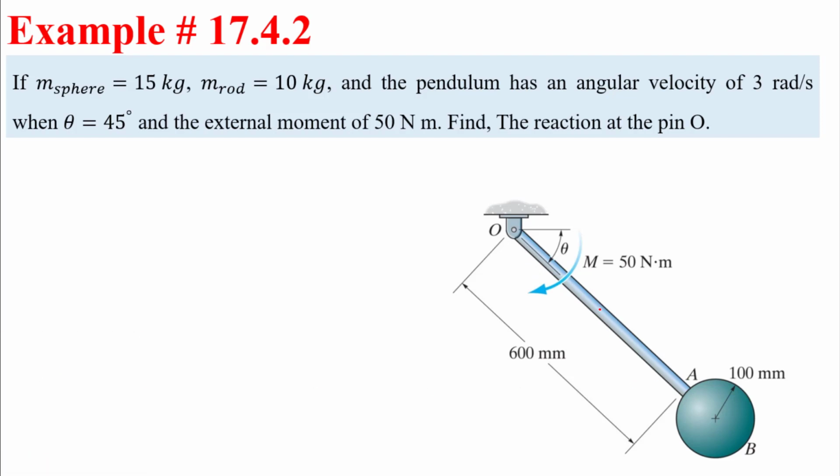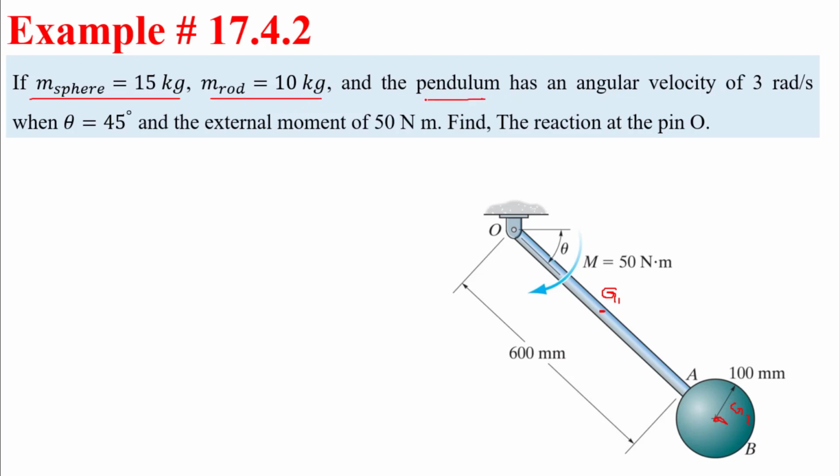Okay, since I have two rigid bodies, it means I have two centroids. This is G1, I can name it, and this is G2. Because this has a mass and this has a mass. So this is the mass of the first rigid body, and this is the mass of the second rigid body.